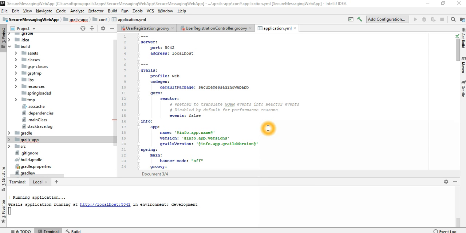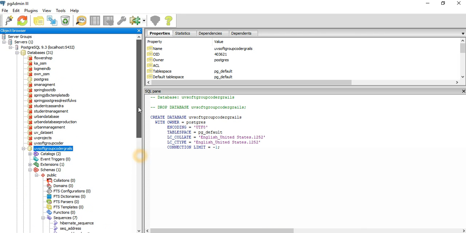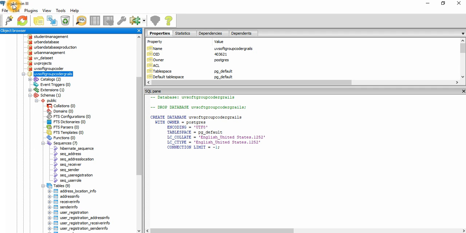Let's start the development part. First, we need the database installation and to run our script. So we see here I'm using pgAdmin, because I already installed the PostGIS SQL and the backend